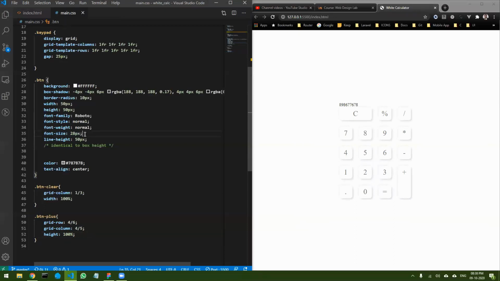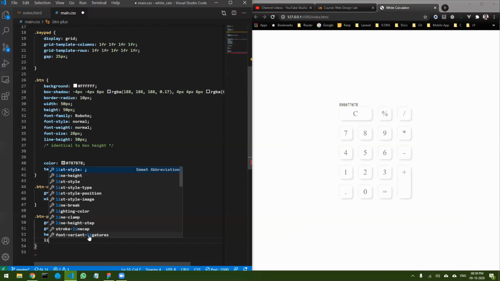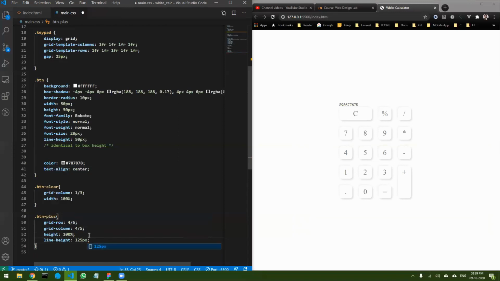Okay, so that is not what we want. So what we will do is calculate the size of this particular box, and each box is of 50 pixel size, and the spacing between them is 25 pixels, right? So this is 50 plus this 50 and plus the spacing between 25. So a line height of 125 pixels will do the job. Okay, so let's do 125 pixels, and